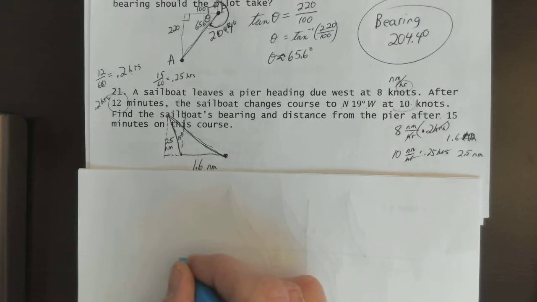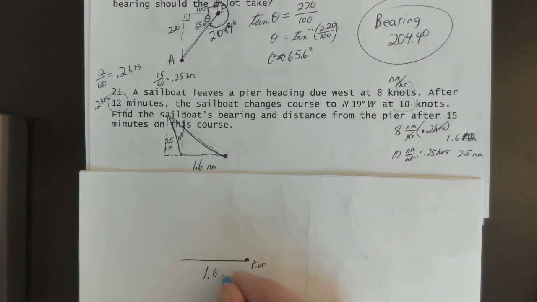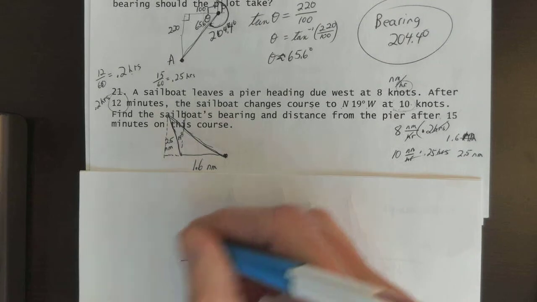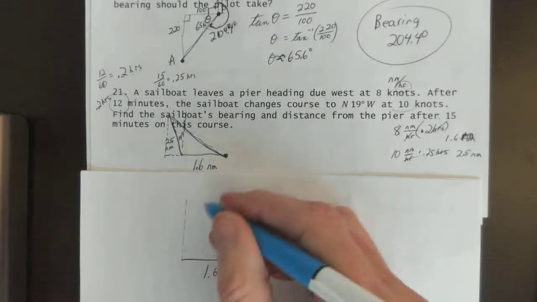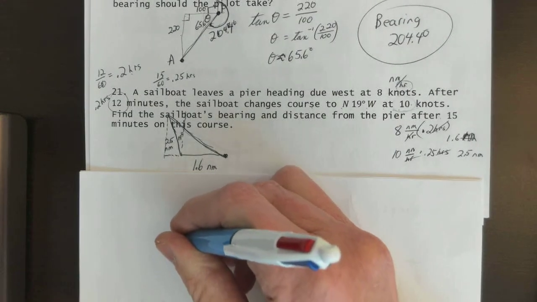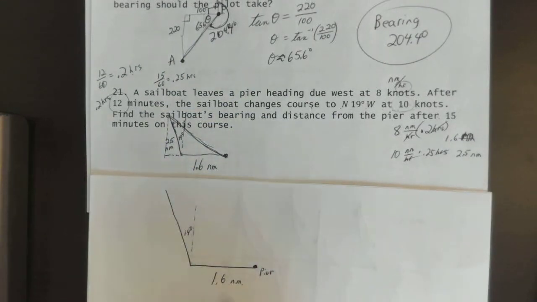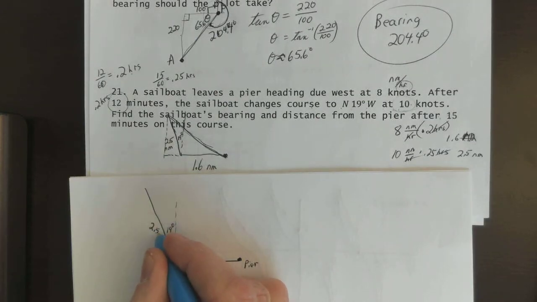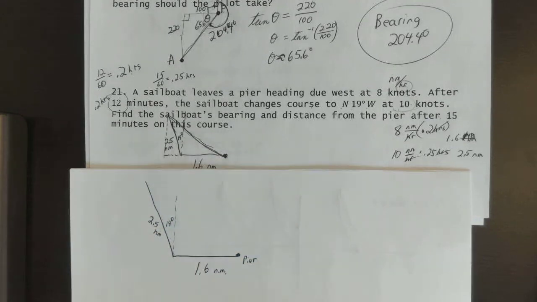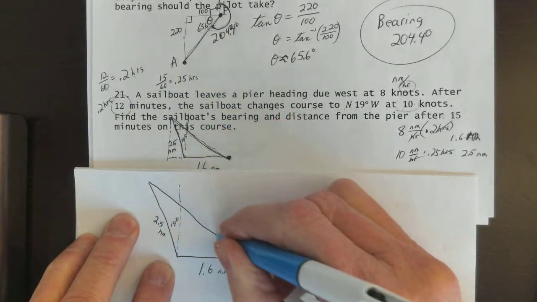So this is the pier. The boat goes 1.6 nautical miles first, and then it goes 19 degrees west, so then it goes in this direction here, and this is 19 degrees right here west of north, and this distance here is 2.5 nautical miles. So what we really need to find here is this distance,